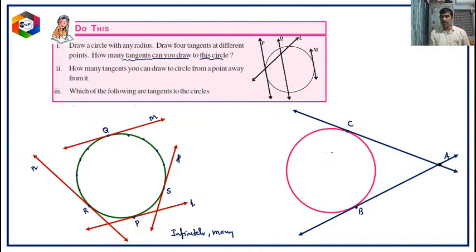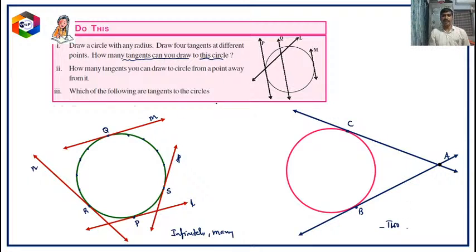Then nowhere else does it touch the circle, only at these 2 points. If you draw any line, then it will intersect the circle in 2 different points. Okay, well done, very good response. So therefore these two are called the tangents, and only these 2 tangents are possible to draw from the